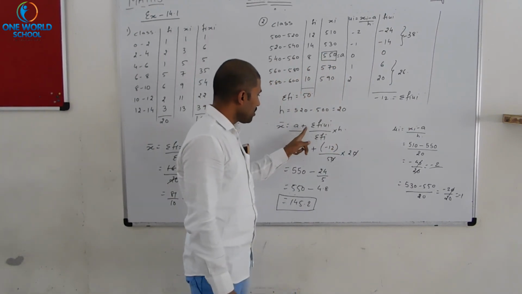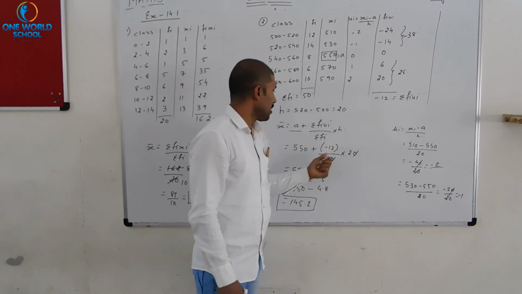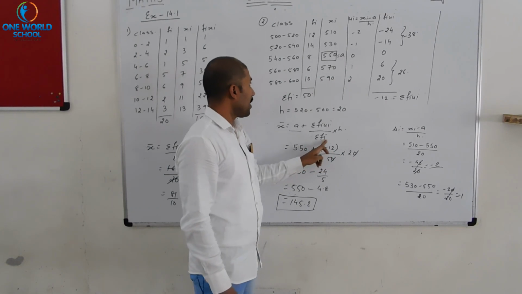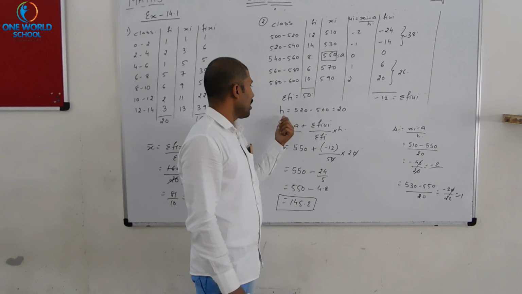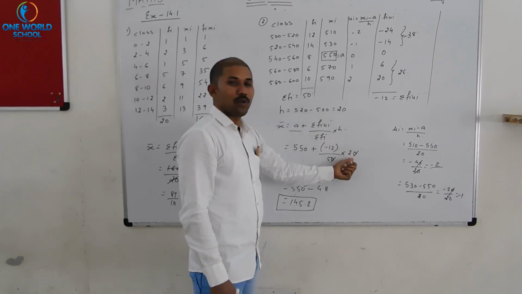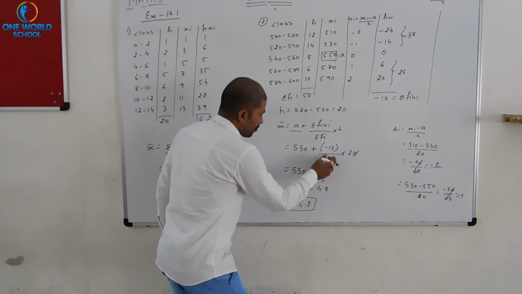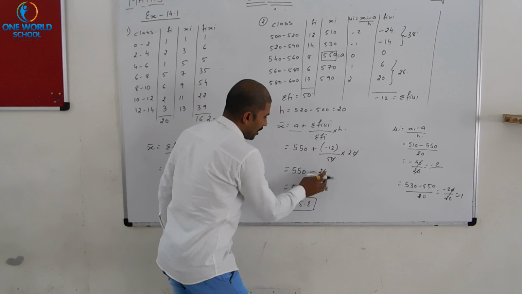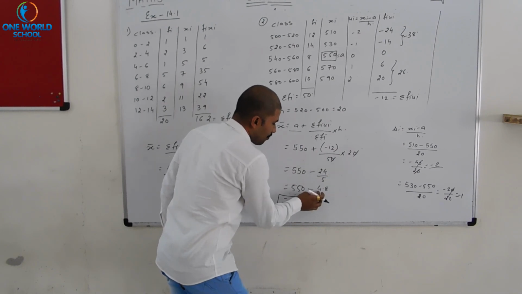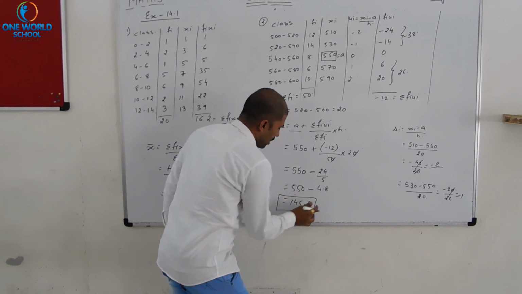Now a plus sigma fi ui, that is minus 12. Sigma fi, summation of all the frequencies, so that is 50 and value of h 20. Now just solve it down. 20 into minus 12 is minus 240 divided by 50. After solving this, we will get 4.8. 550 minus 4.8, we will get